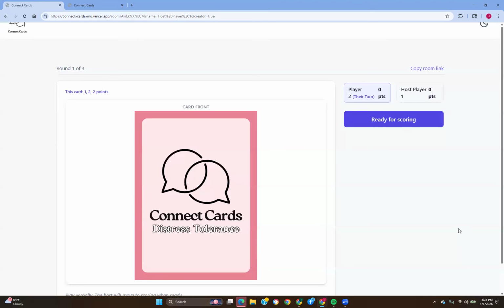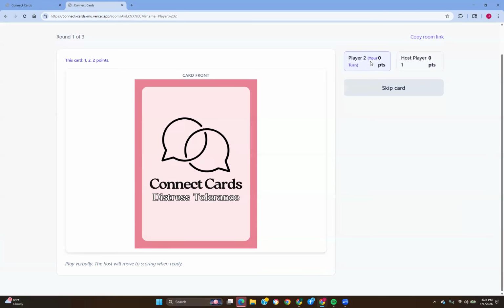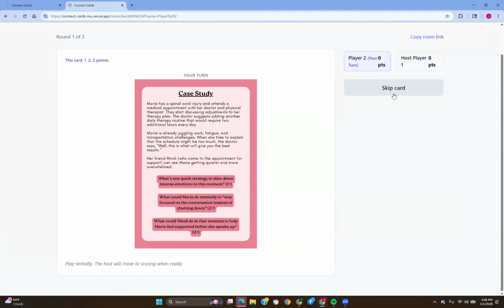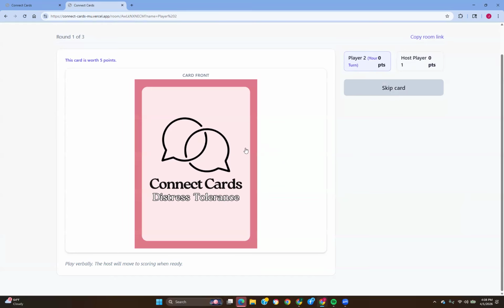Additionally, when it is your turn, so for example, player 2, it is currently your turn. As the player whose turn it is, you have the option to skip cards. Skip a card if you are uncomfortable answering a prompt. Otherwise, please do not skip a card. When you are done answering a card,